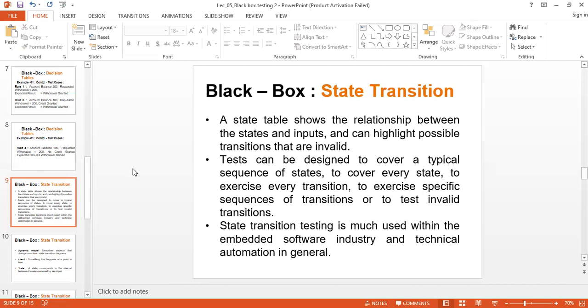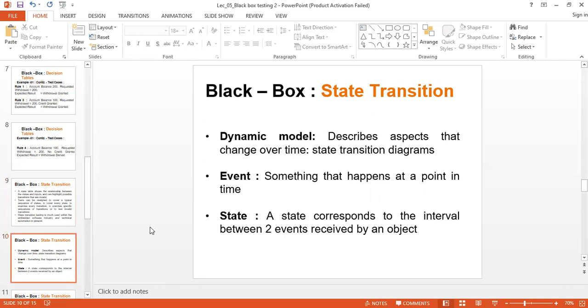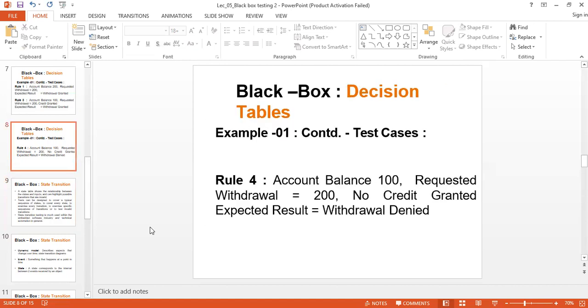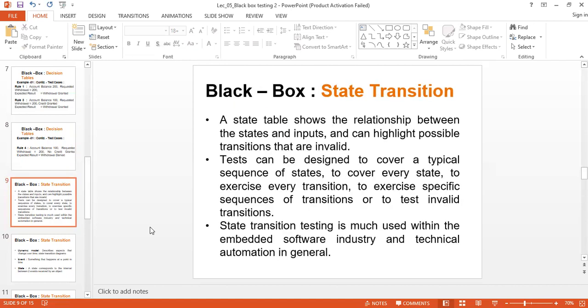Even I was an IT guy and I have done those things. You are engineering people, so your capacity is much more than IT students, right? You can do it. And then we have another case called state transition. State transition is another black box testing technique where we focus more on embedded systems. If there is hardware or IoT, then state transition becomes very important.